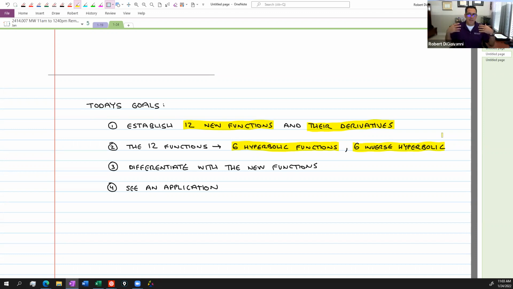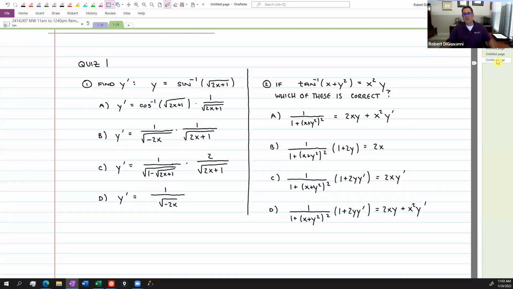So after today, there are no new functions that we're going to learn. We've got all the trig functions from pre-cal. We've got the exponential and logarithmic functions from college algebra. We've got all these inverses. We've got the hyperbolics and the inverse hyperbolics, and we basically have got it all. Then we just crank through the rest of calculus. So once we establish these 12, we will differentiate them, and we'll see an application of a hyperbolic. Okay, so that's the plan, but to keep you on your toes,